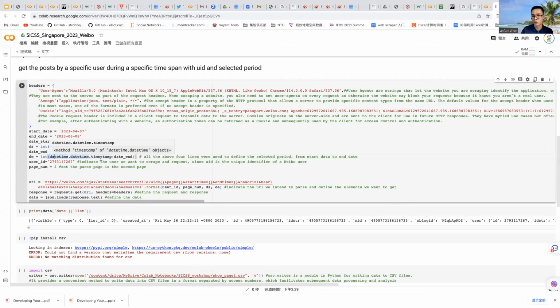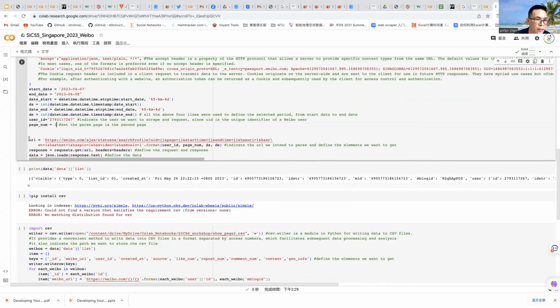So which page do you want to get? Also you can get all the pages from the scraper, and here we just want to scrape the second page, and you can modify it to 1, the first page of the results. And you should indicate the URL.